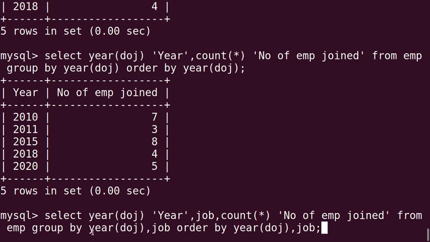Within the group by, first the expression year(DOJ) and next job field.